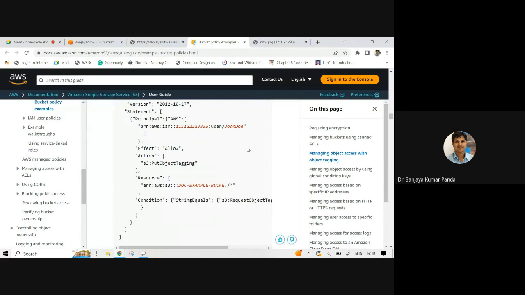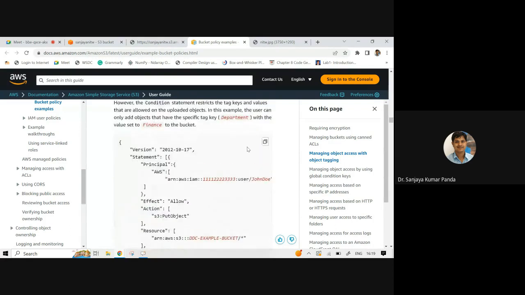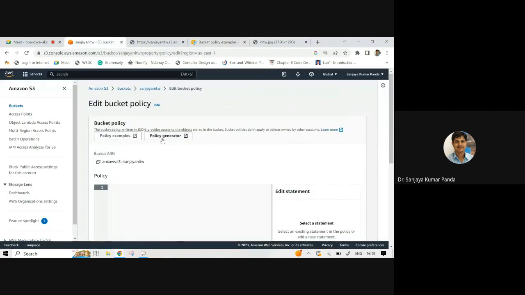So what they actually want is some kind of portal or web page through which they can select some of the actions, select the principal, or provide the Amazon resource name and generate the policy. For which here you can see there is a second option called the policy generator.